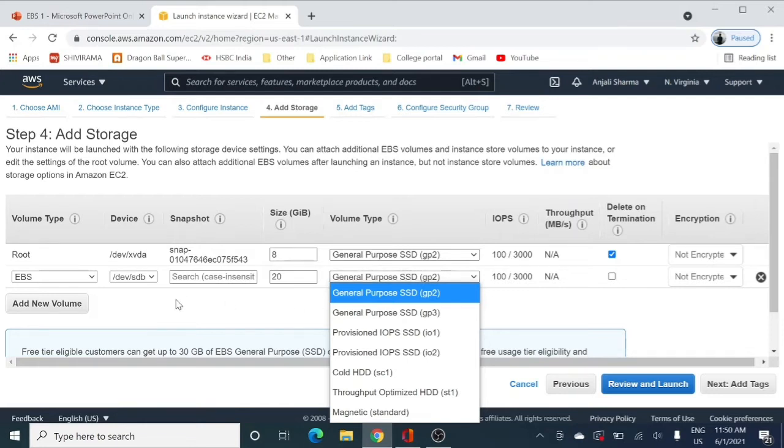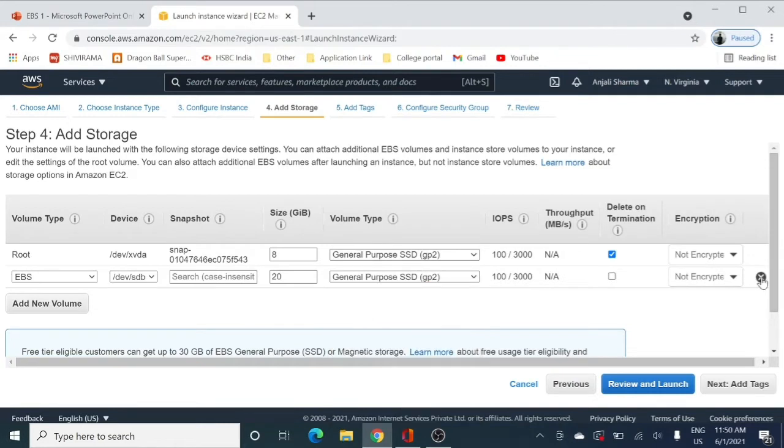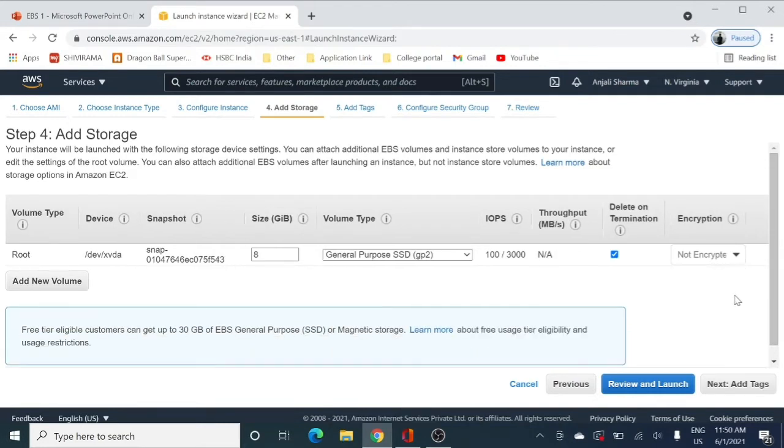So here I will not be attaching any EBS volume because I want to attach it independently and show that yes, they can exist independently of your EC2 instances, and we can create or attach volumes at runtime also, right? So I am leaving this particular page as it is and going back to tags.